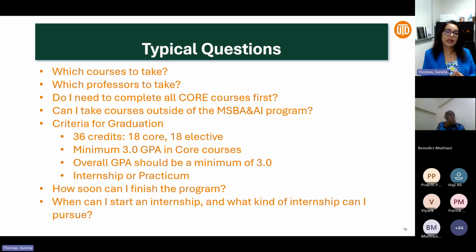The earliest you can take an internship is spring 2026. I had a student who started this semester and already got an internship. And we had to pretty much say, no, you cannot do an internship until the summer semester, right? So you can obviously apply, learn about it.